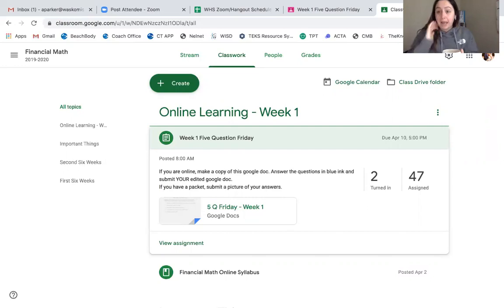That's the same thing if you have a packet. You're going to take a picture of the packet, email it to yourself, put it in a Google Doc, upload it. If for whatever reason that doesn't work, someone tell me, and then we'll figure it out from there. So, to reiterate,